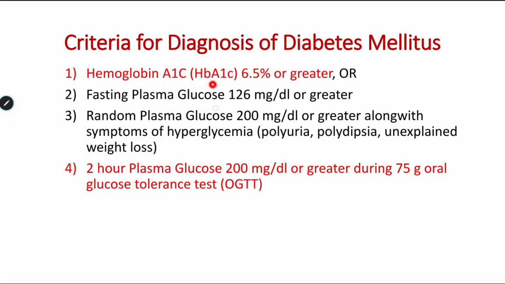Previously, glycated hemoglobin 6.5% or greater was considered as definitive. Even if glycated hemoglobin was 6.5% or greater, you could say that the person is diabetic. But in recent times, it has been shown that glycated hemoglobin by itself cannot be taken as a diagnostic criterion for diabetes. You need to correlate glycated hemoglobin with fasting glucose or postprandial glucose or oral glucose tolerance test, because